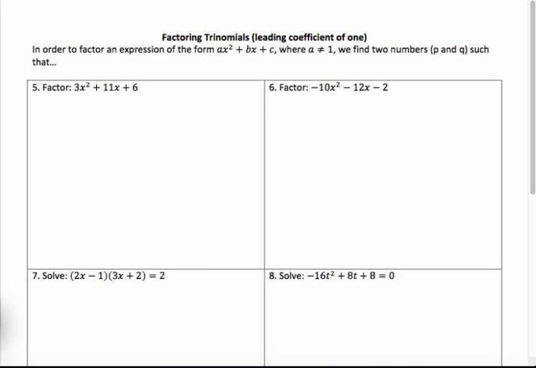All right, on to part two. So now we dealt with the case where the leading coefficient was 1. So obviously this should say not 1. So in order to factor an expression of the form ax squared plus bx plus c, where a is not